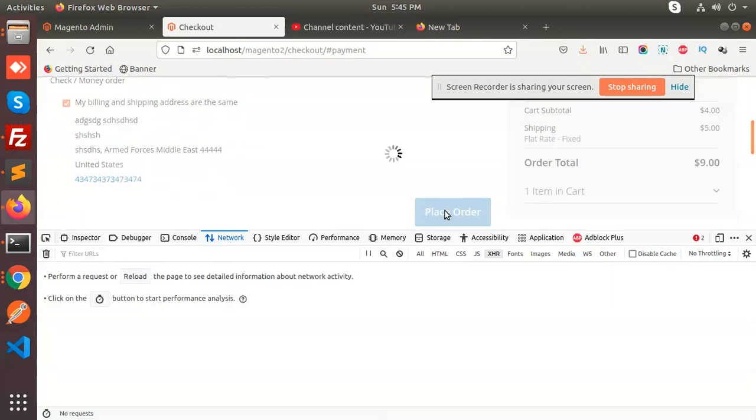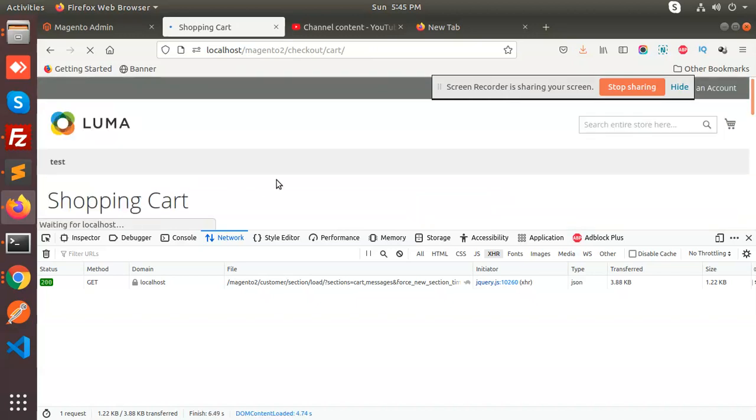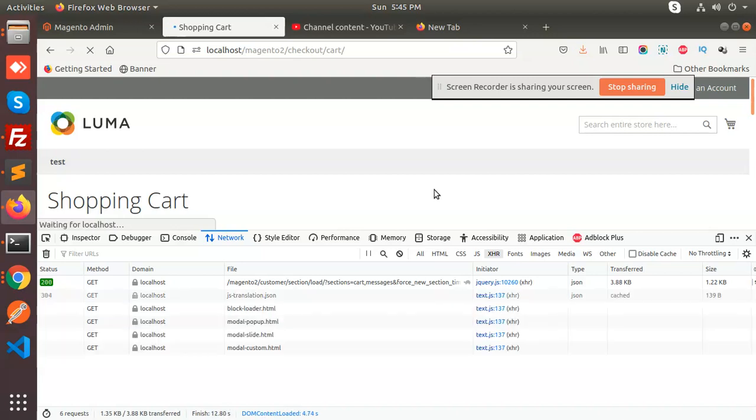Let's see what happened. Place order. It again redirects to the shopping cart. That means something is wrong when we are trying to place an order.